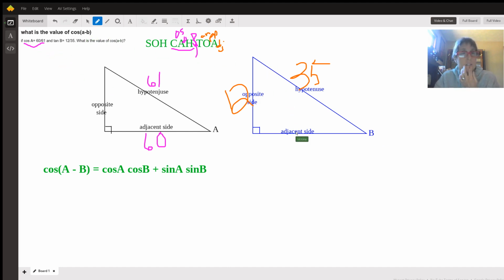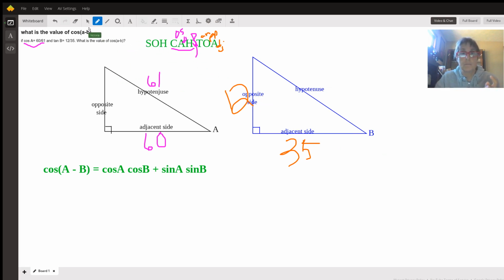And we're going to need to know, wait, I didn't do this right. Tangent is opposite over adjacent. This should be down here. Gosh, I'm so sorry. So this is opposite over adjacent. So we don't know the cosine or the sine of B, but we can figure it out by doing the